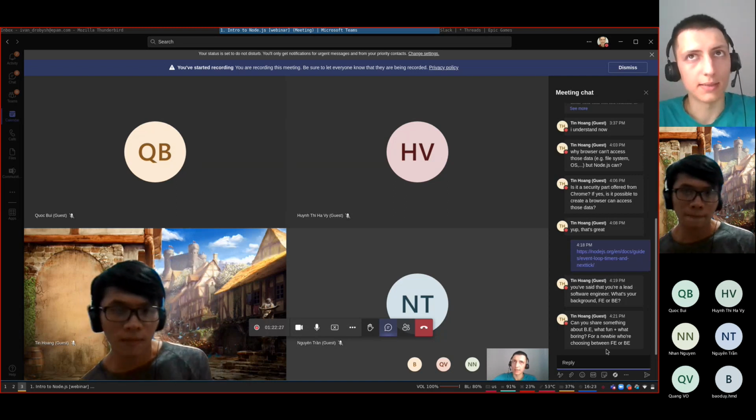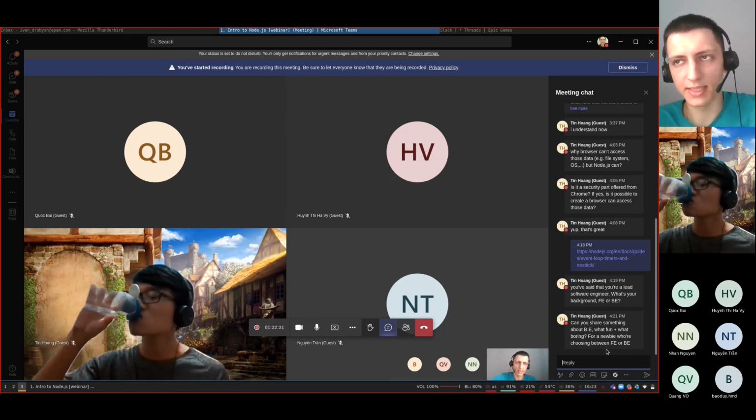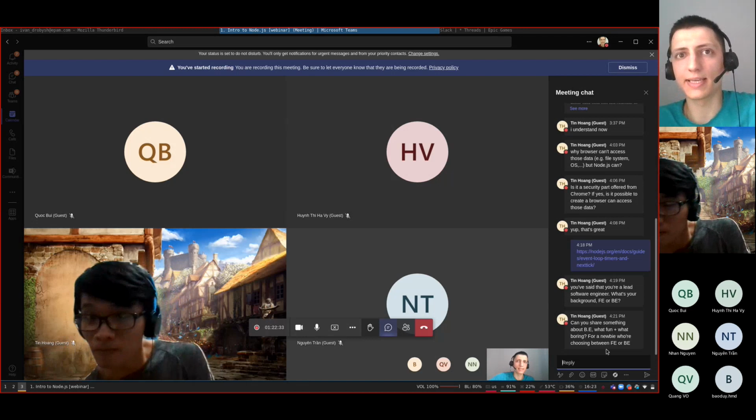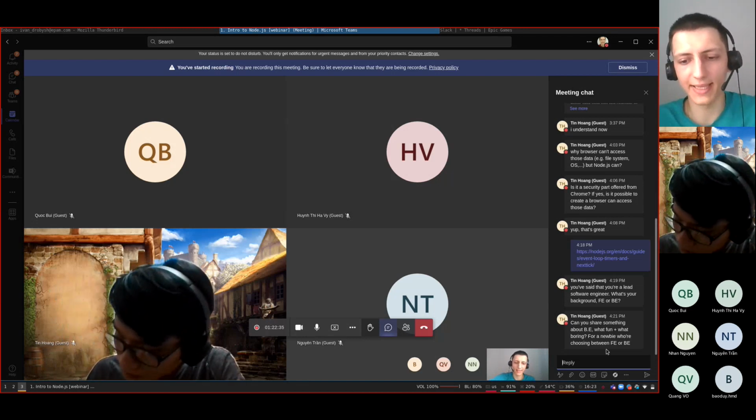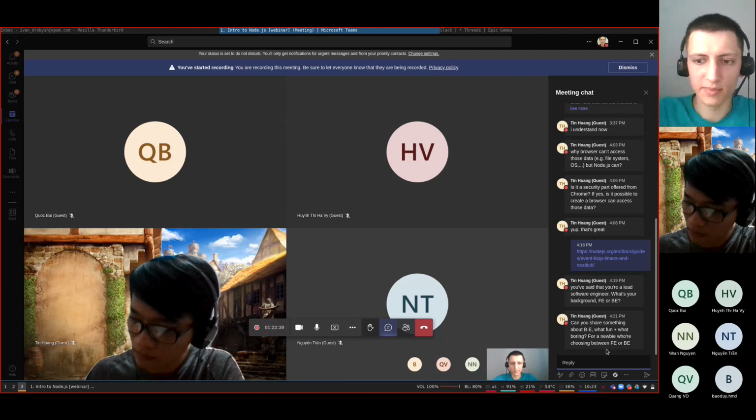Talking about backend, what I like is the complexity of tasks, because in backend the tasks can be really harder. Backend is a bigger part. There are databases.